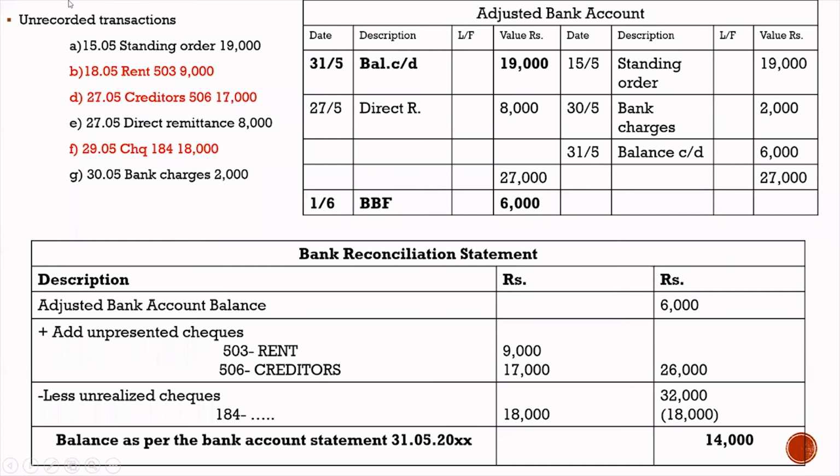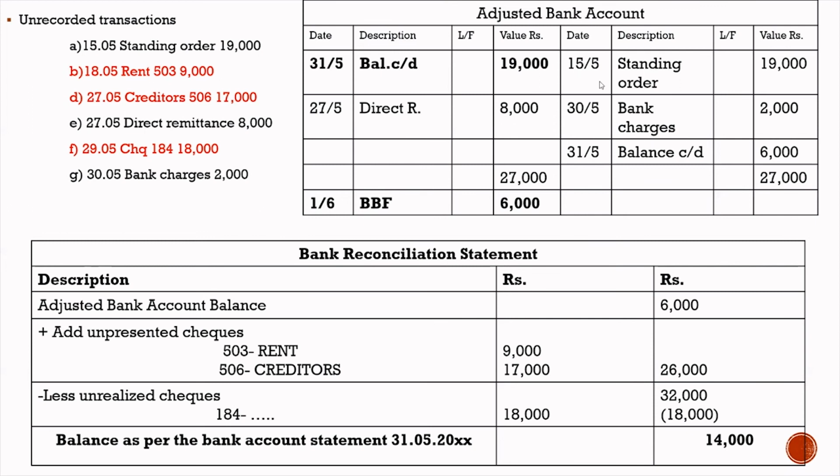Next, I have taken these 6 unrecorded transactions to one page. All the things that we have omitted from the business bank account are prepared through the adjusted bank account. Remember to put the name adjusted, because we are adjusting it. We have properly created the double entries, but now since there are things that we have forgotten to add, we have to create this adjusted bank account. So the first one is a standing order payment. We have to definitely pay.